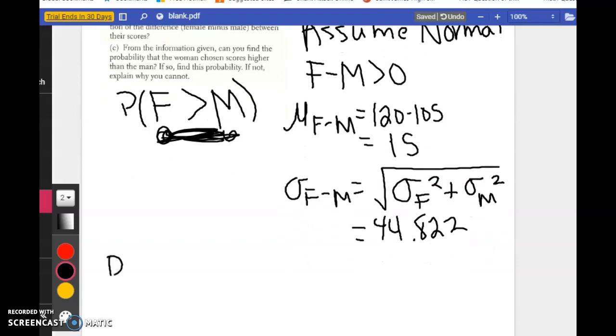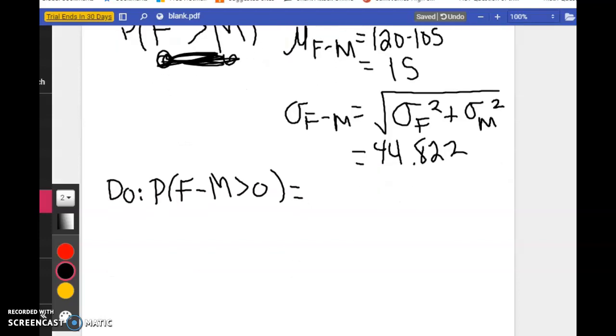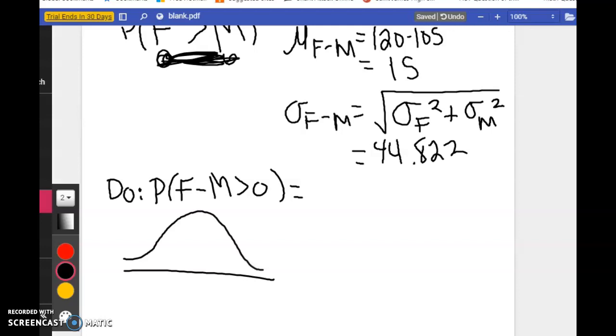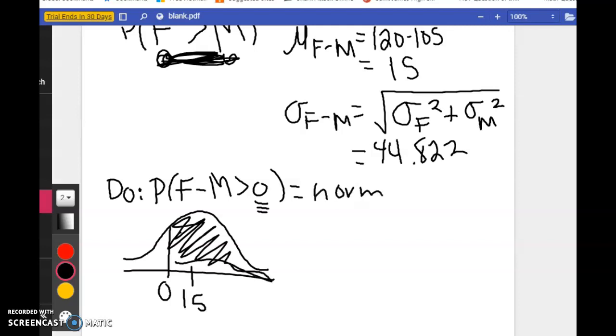And then in the do, I'm going to find the probability that a female scores higher than a male, or the difference is greater than 0. All I really need in my do is my curve. The mean we found was 15. This 0 on my curve is below the mean, and if it's greater, I shade to the right. It's just a norm CDF, where your lower bound is 0, your upper bound is infinity, the mean is 15, the standard deviation is 44.822. And when you do that in 52, you get a probability of